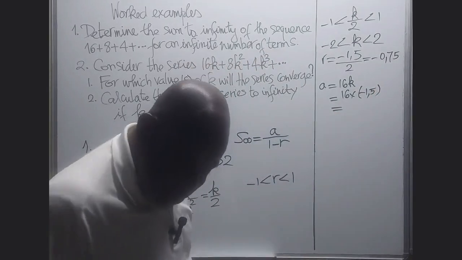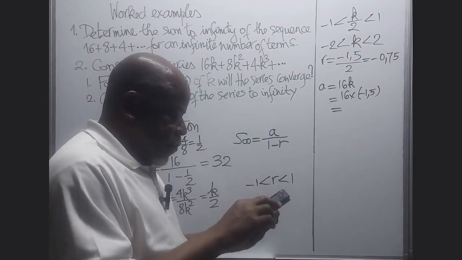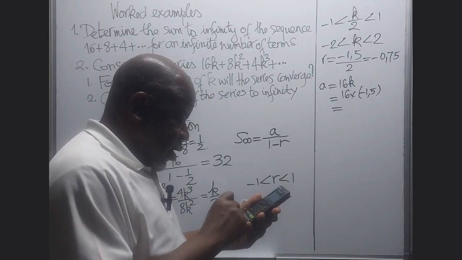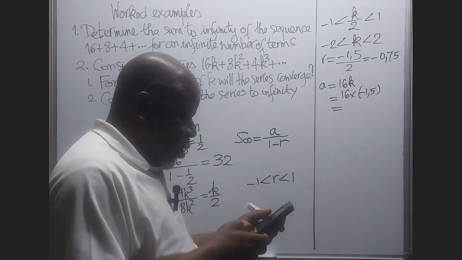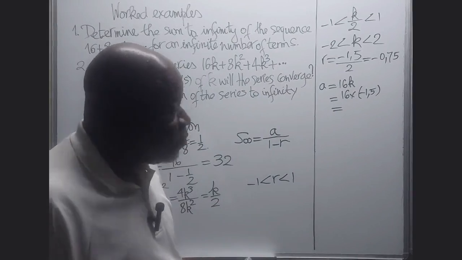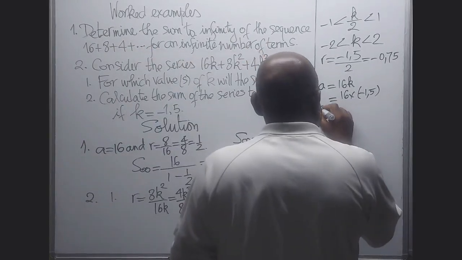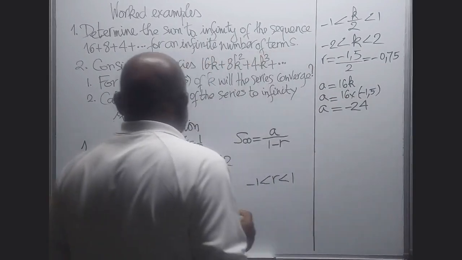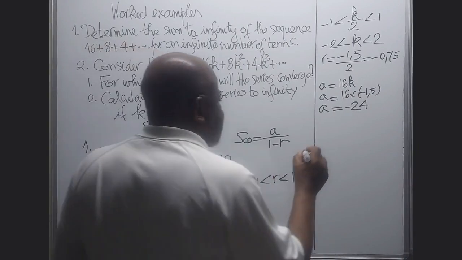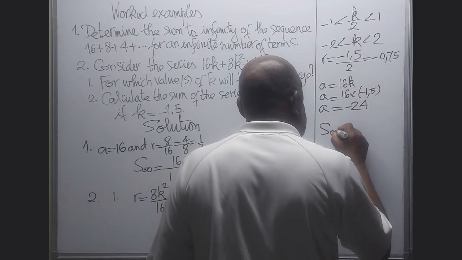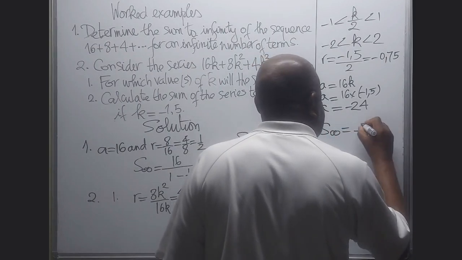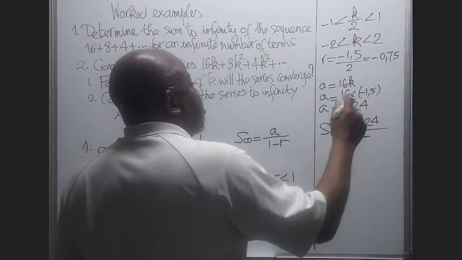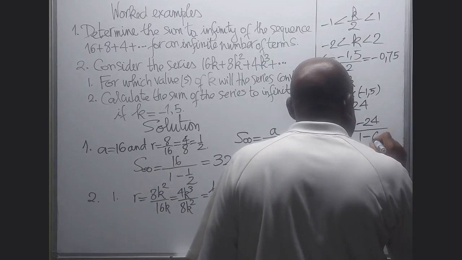Using the calculator, what are we getting here? 16 multiplied by negative 1,5. Then we're getting negative 24. So our first term, A, will be negative 24. So we can now calculate the sum to infinity. The sum to infinity will be equal to A, negative 24, over 1 minus, our common ratio is negative